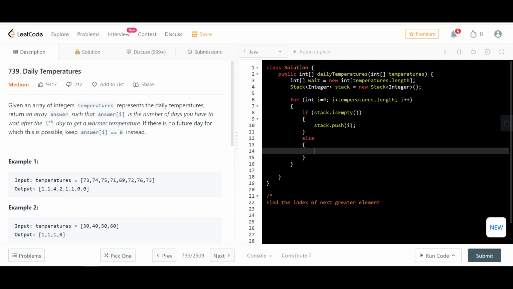Else, if stack is not empty, then while this temperatures of I is greater than stack dot peek, no, but you also have to do and stack is not empty, right? Because you're popping it out. If stack is not empty and this,